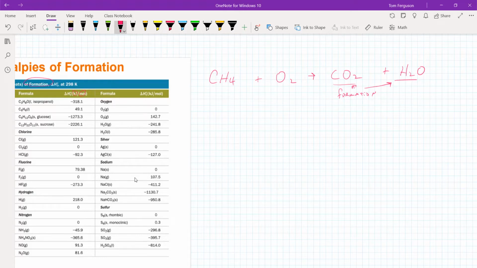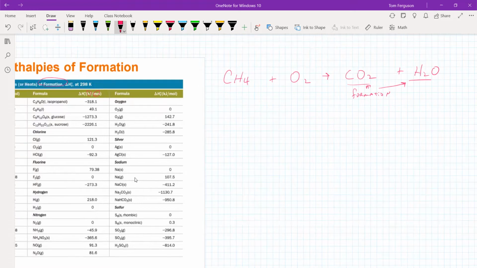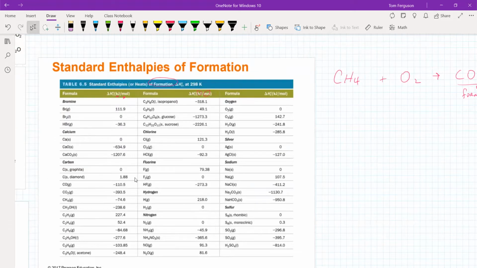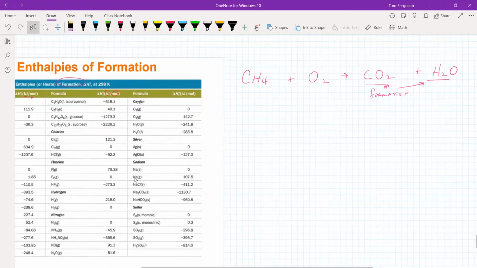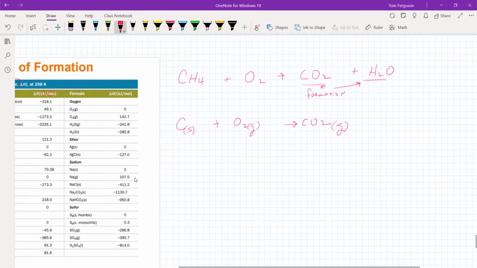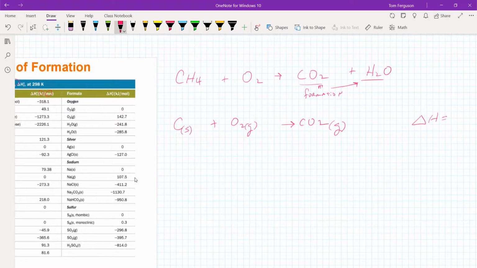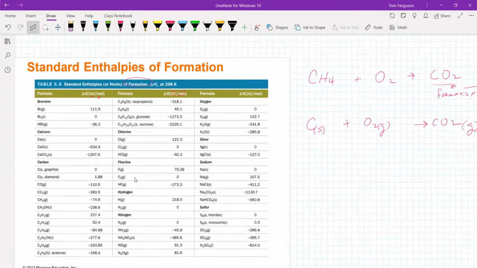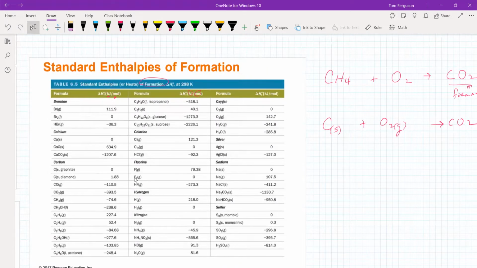Carbon dioxide and water are both being formed, so we can use the values straight from the table. Let's look at carbon dioxide. That's made from carbon plus oxygen, and that delta H is minus